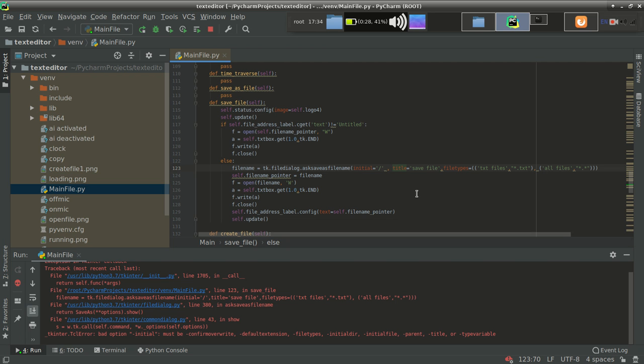Title is also fine, and I think here I am getting the error. File types is also fine, text files is also fine, and then .txt is working. Similarly all files is also fine. Let's run one more time.